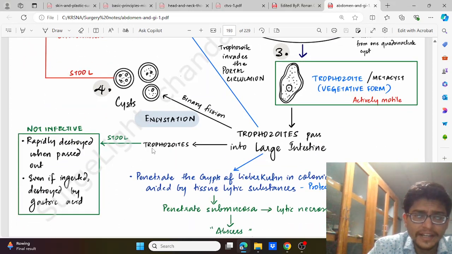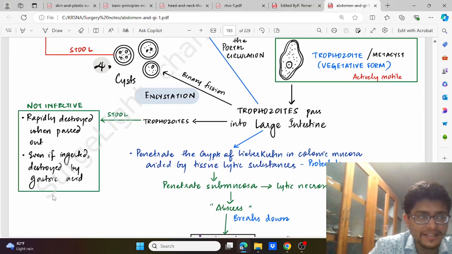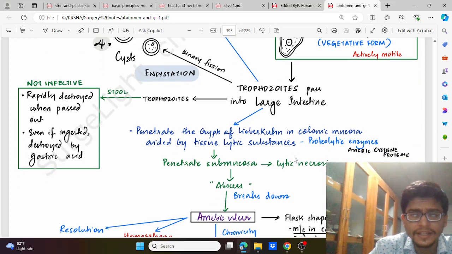If these trophozoites are passed directly into stool, they are destroyed when passed out. Even if ingested, they are destroyed by the gastric acid. So the stool trophozoites are the non-infective form of the amoeba. These can penetrate the crypts of Lieberkuhn in the colon